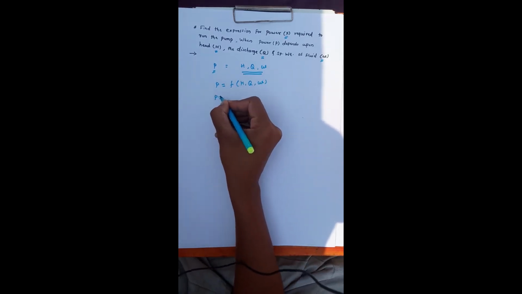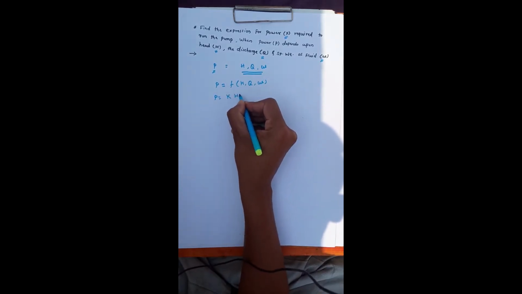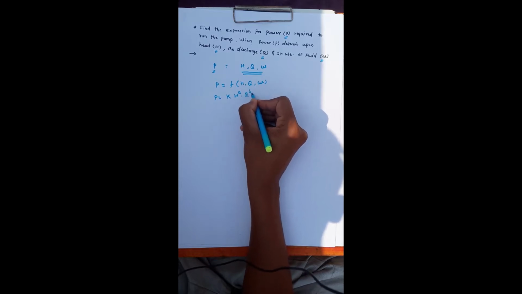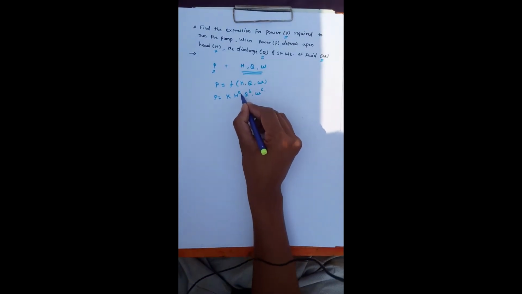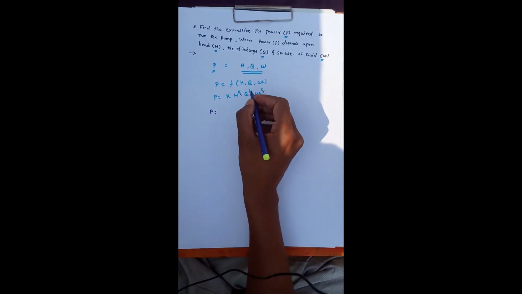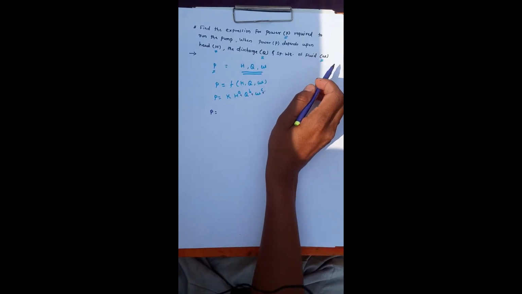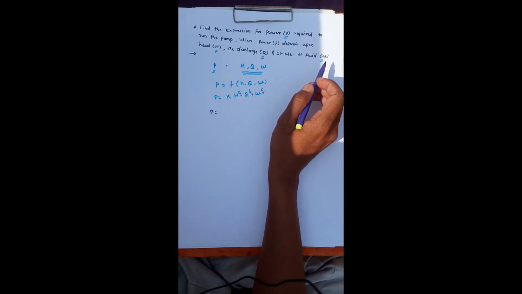According to Rayleigh's method, it can be written as P is equal to K into H raised to A, Q raised to B, small w raised to C. Here K is called a constant, and A, B, C are called arbitrary powers, and those arbitrary powers are obtained by comparing the fundamental dimensions from both sides. We know the fundamental dimensions of all the physical quantities, that is power, head, discharge, and specific weight.